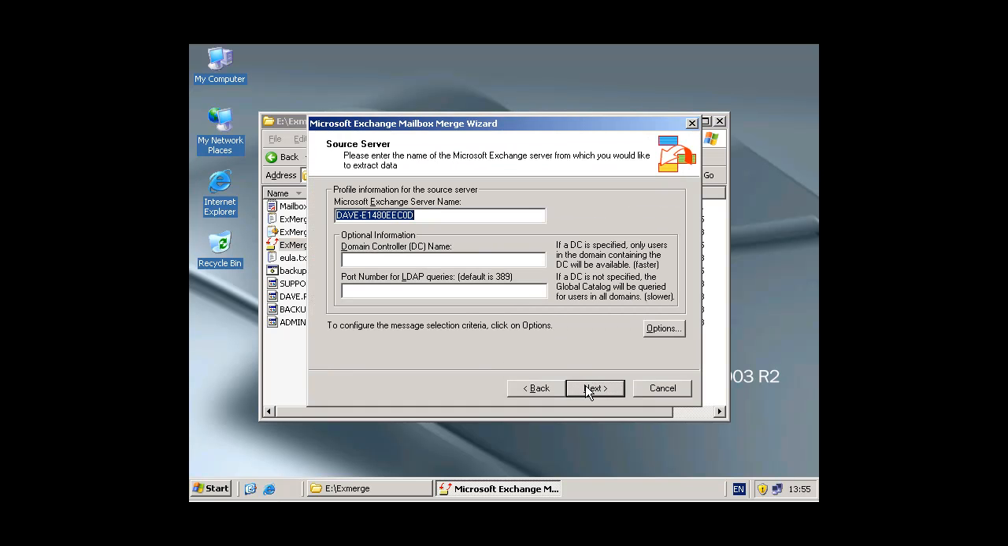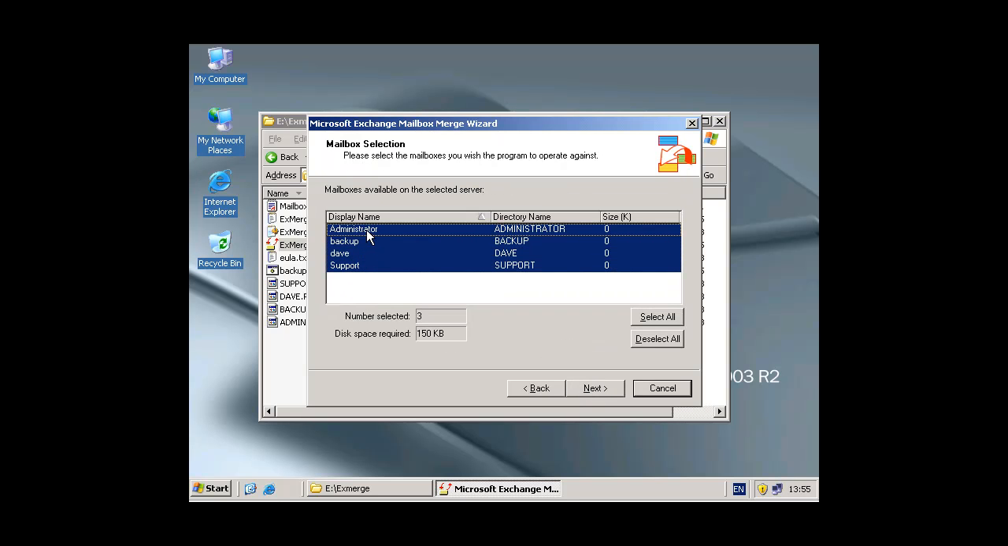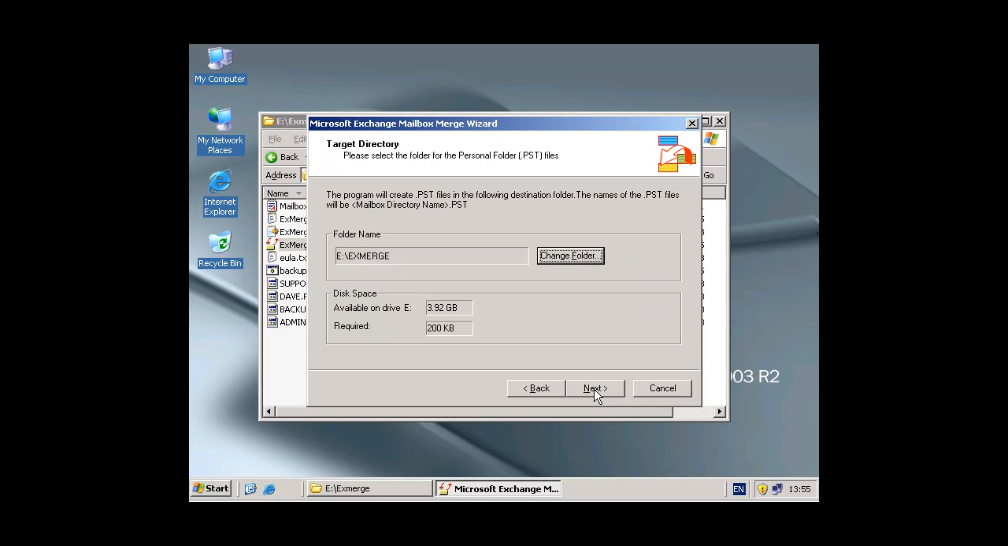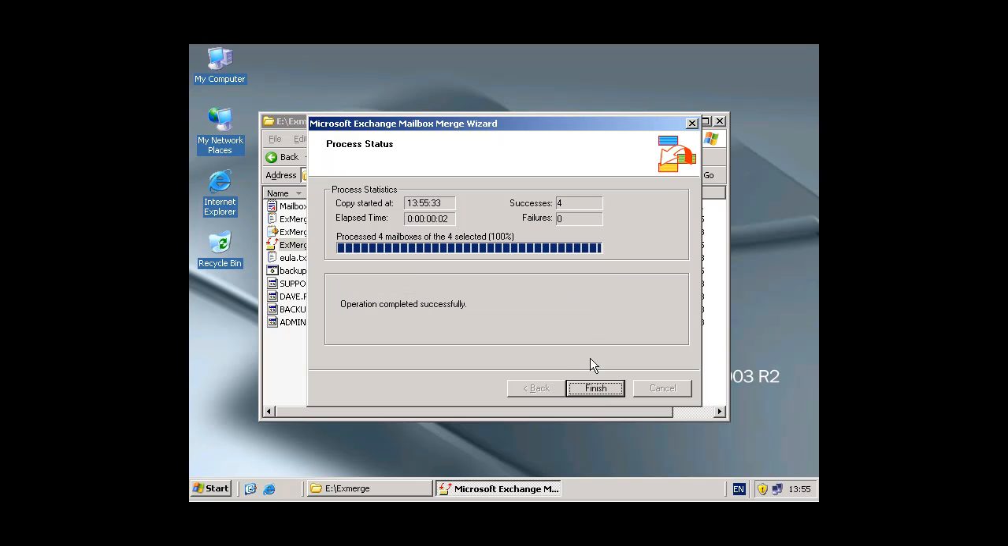using the same settings. You will find now you'll get 4 successes. There you go. That's now completed the backup of